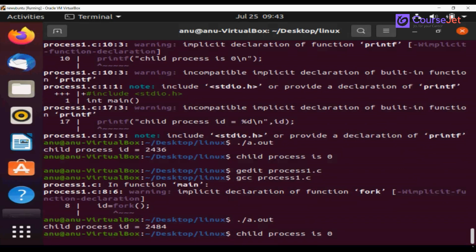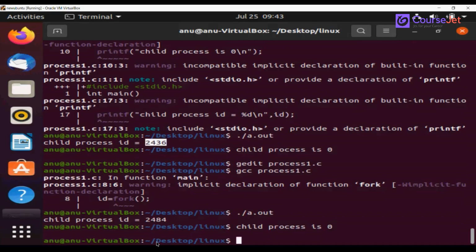So here, if you see, again we have created one process and the ID is 2484. Previously it was 2436, now 2484. Again, if we create a different process, you will have a different child process. Okay. So now when you create a child process with this 2484 or 2436 process ID, already